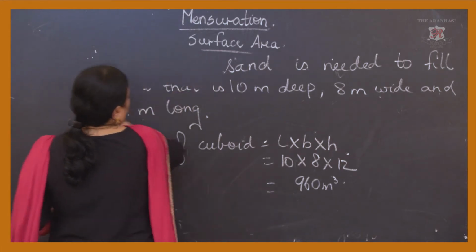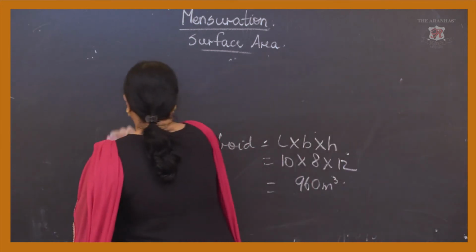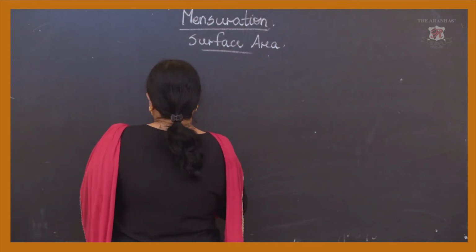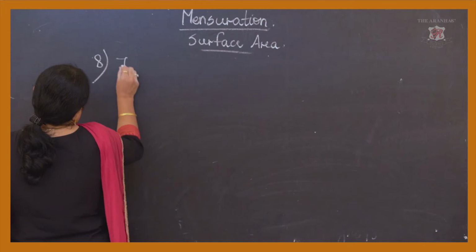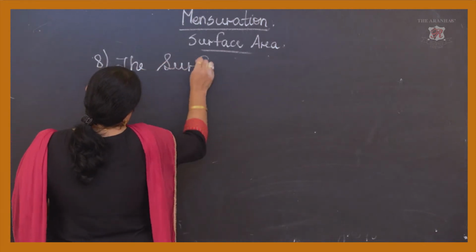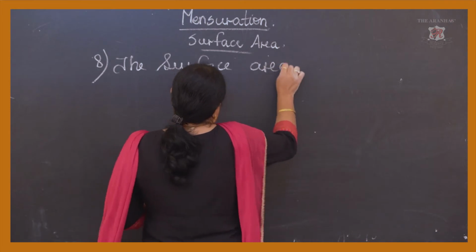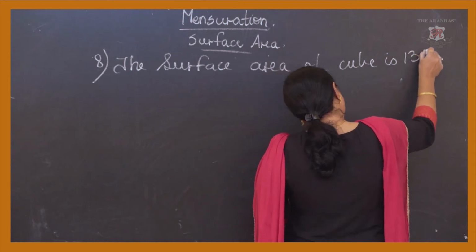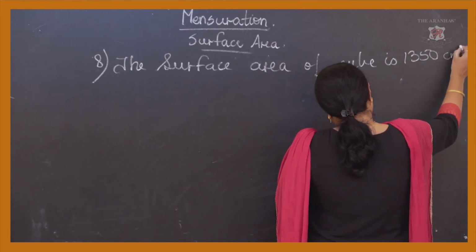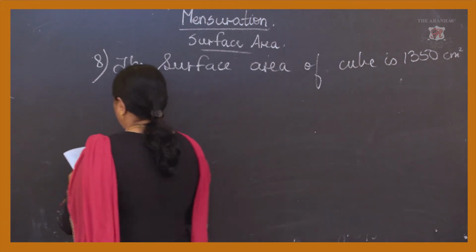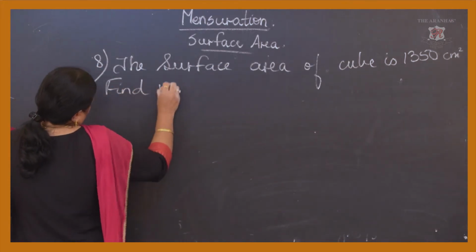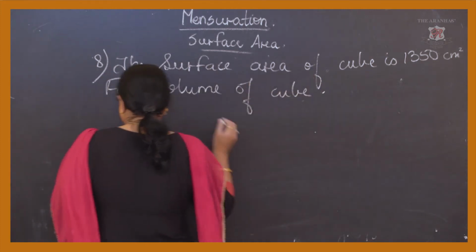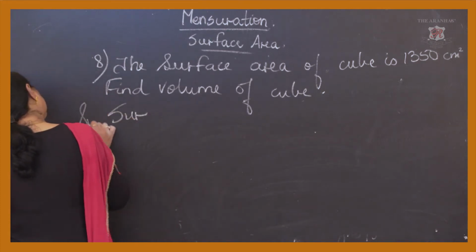Now the next question. I am giving you a variety of sums, so you will be able to understand it. Next, the surface area of a cube is 1350 centimeter square. You have to find the volume of the cube. So here your solution will be